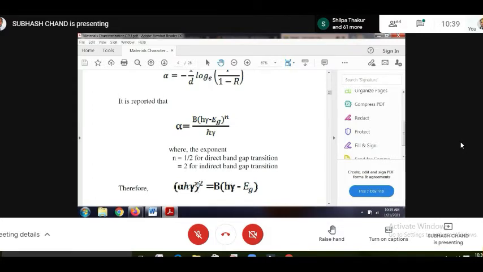Okay, so if you plot alpha h nu versus h nu, it must be a straight line. Okay, so alpha h nu square को plot करना है as a function of h nu,